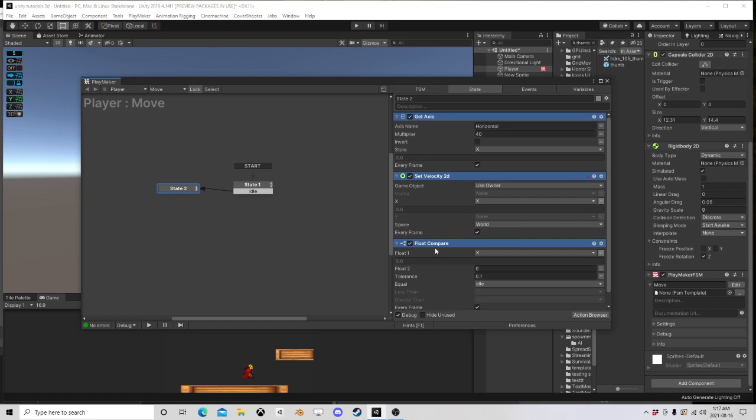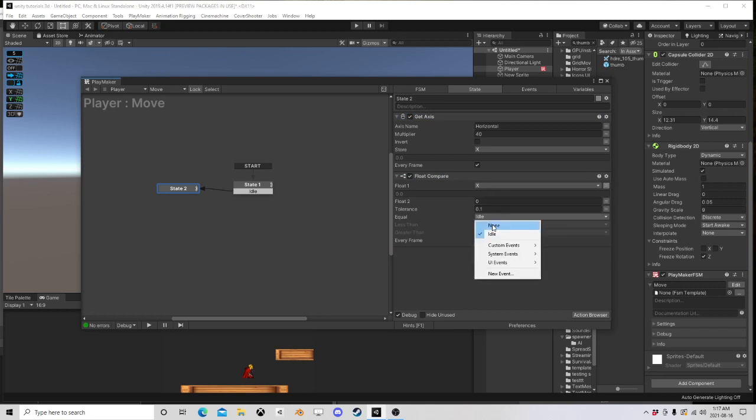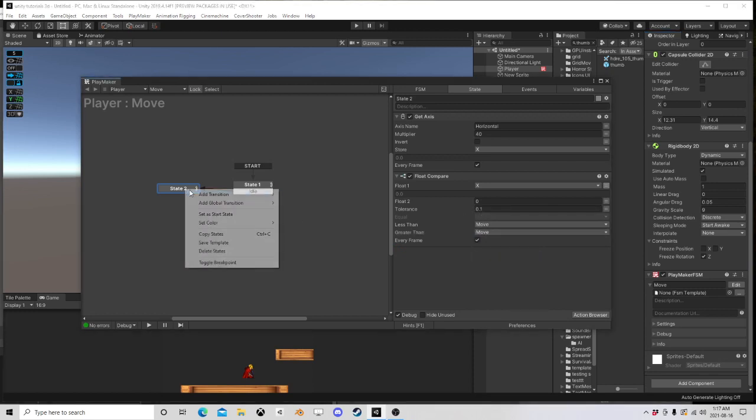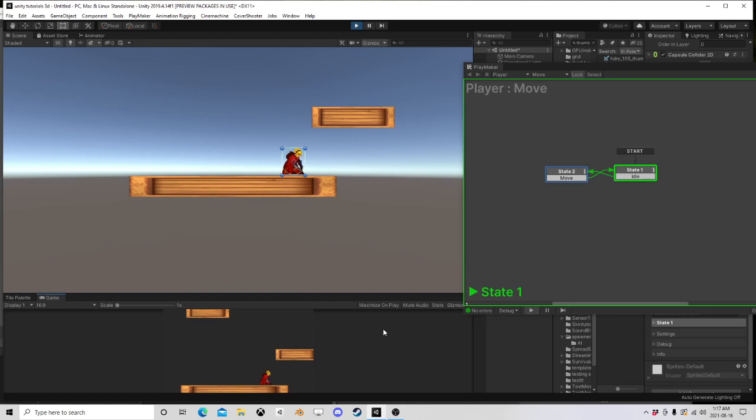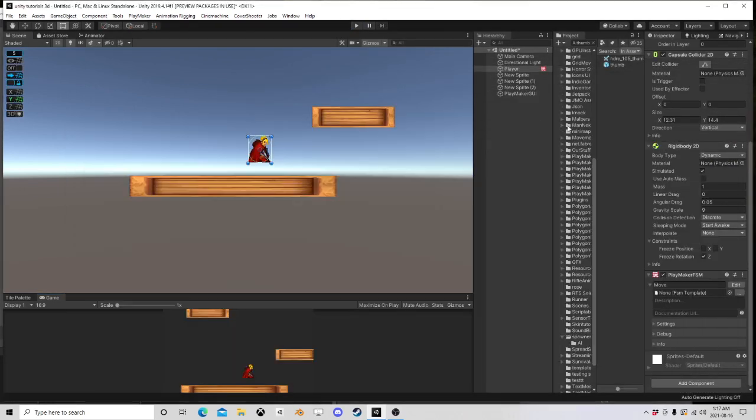Right, so we get the axes and we do a float compare. Now in here we don't want a velocity, so I'm going to delete that one out, and I'm going to say if we're greater than that, move, and if we're less than that, move. And what that does is we're moving. If I let go, we go into this state. So over here, everything looks normal, right? But that allows